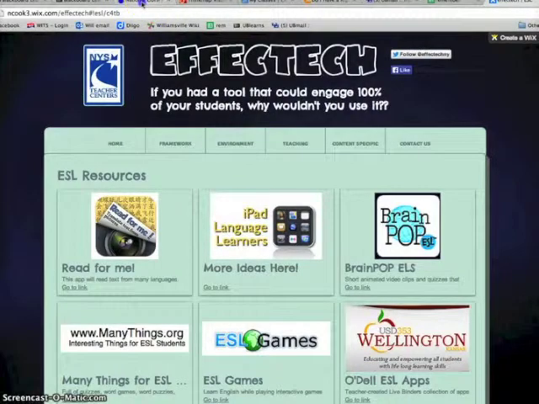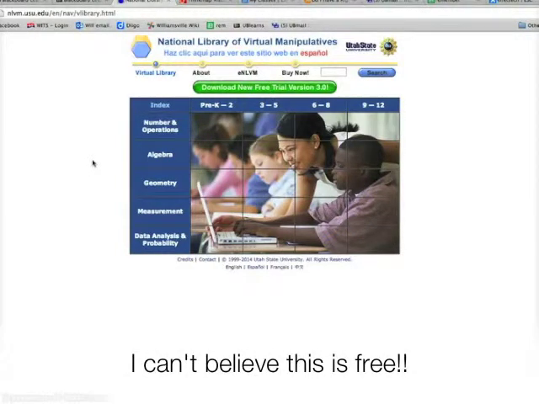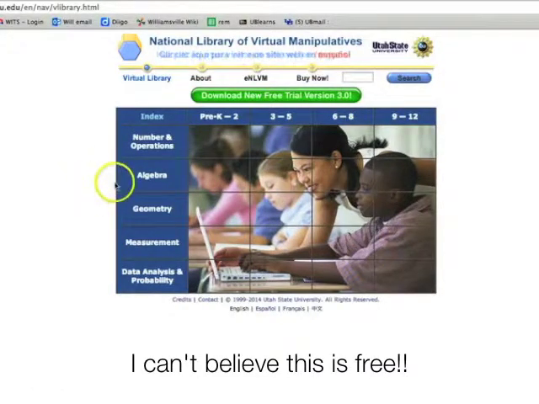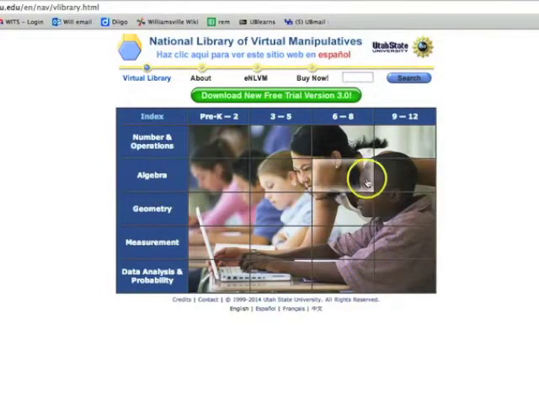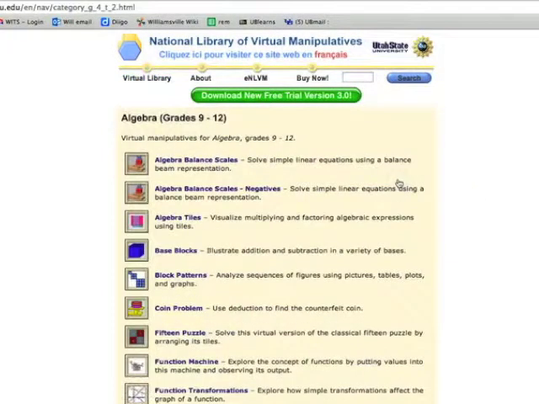For math, this is my absolute favorite goldmine website that has many different interactive activities for students related to math based on the standards. So what you're going to do is click on this in UB Learns, there's the link for it, and find a couple of activities that you would like to play around with and go ahead and try them. This will not work on the iPad, it has to be on a computer.